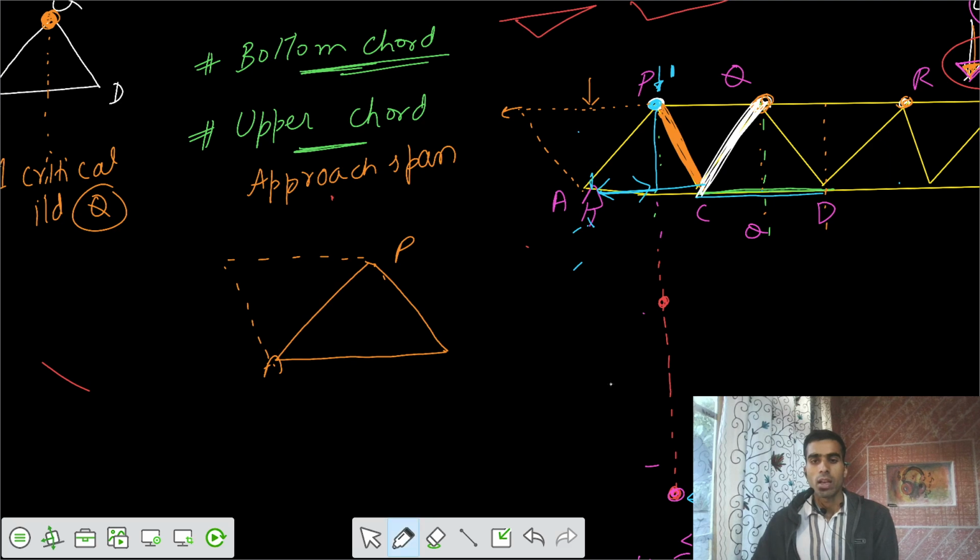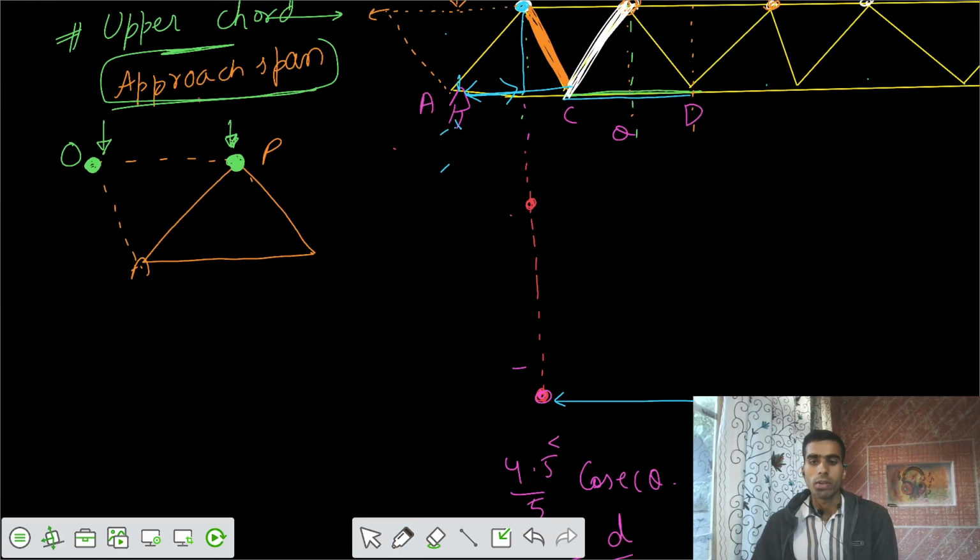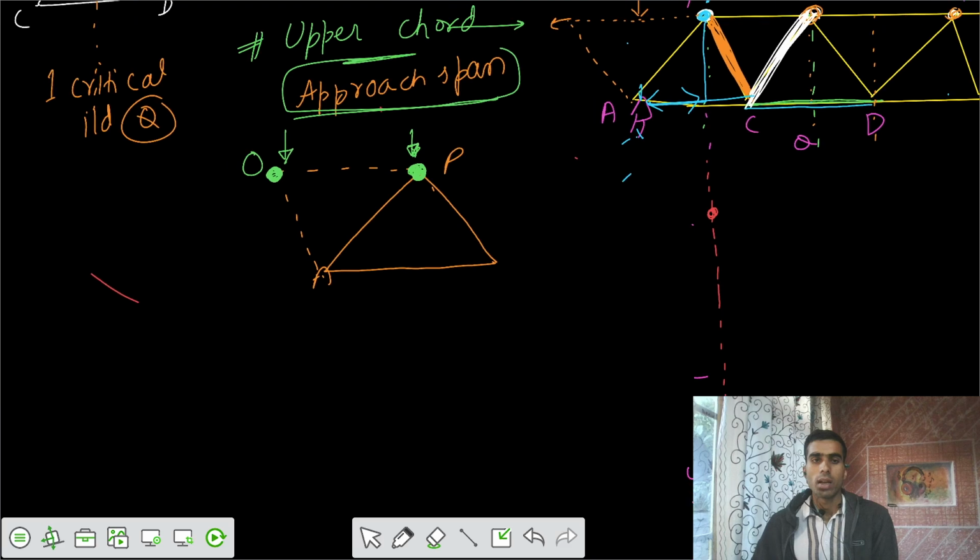And then I would say, what are the loading joints we can have? I would say one of the loading joint would be here, and one of the loading joint would be here. Let's say this is some O. That's some imaginary span, imaginary triangle, or we can call it as approach span. From the side we are having some road, and this is your bridge. Then if I apply the load here, and if I apply the load here, because they are deck type loading, that means one of the ordinate would be developed here, and one of the ordinate would be developed here. So if I say that I got one of the ordinates,